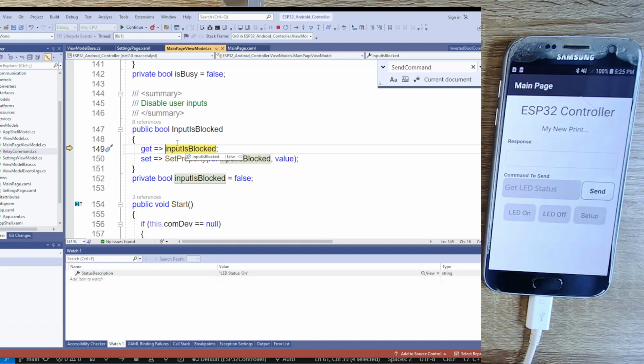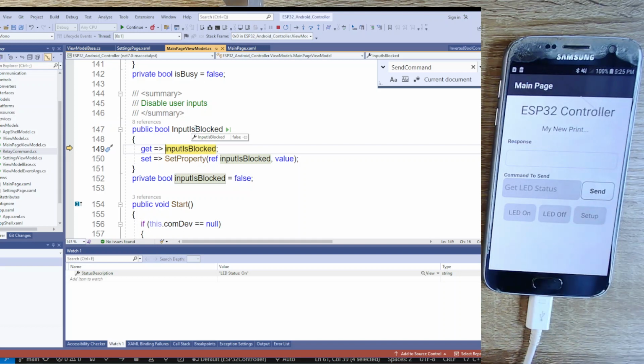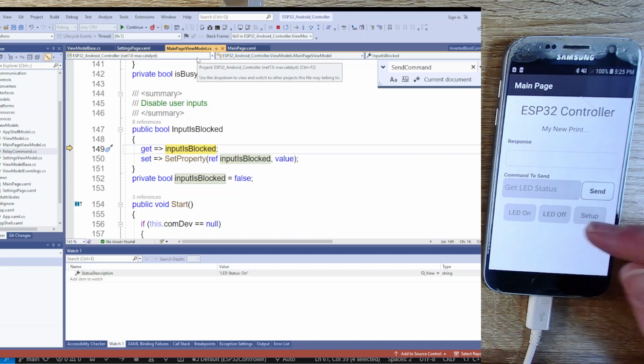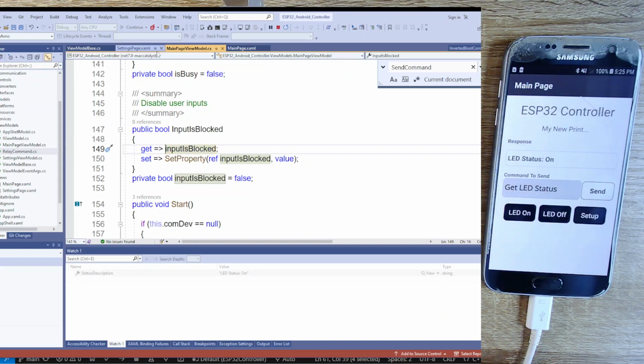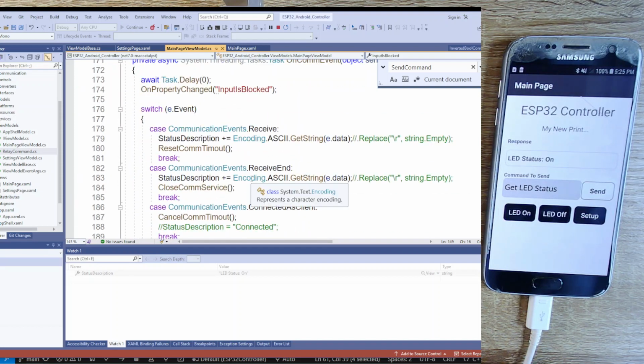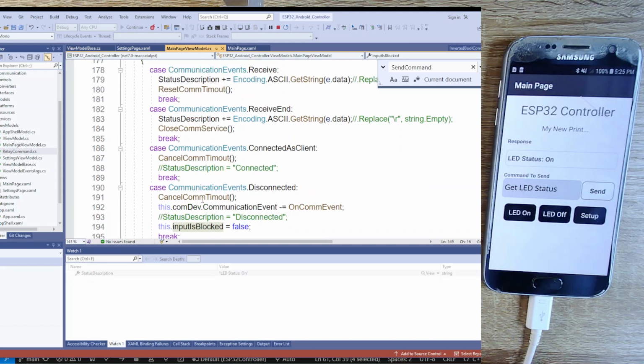Input is blocked. Input is blocked is what sets these things to gray. So what happens is we set these inputs to gray, and then they sit gray until we get a response or we time out. And that is either happening in cancel timeout